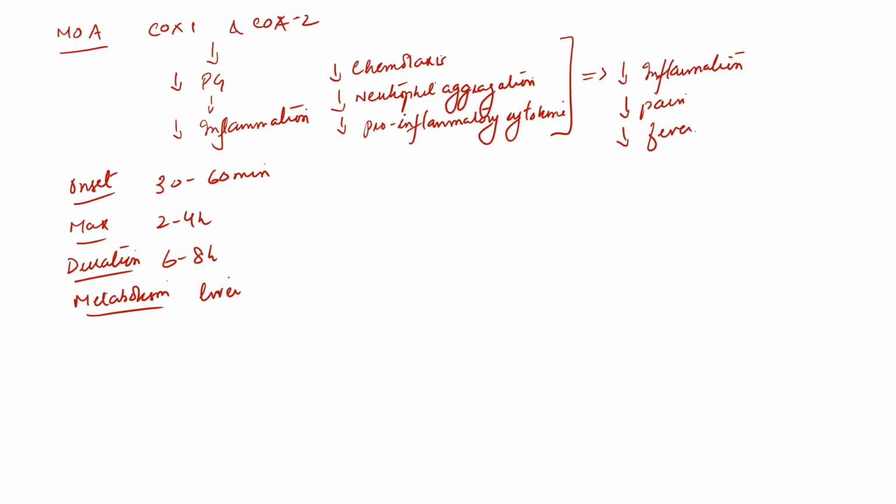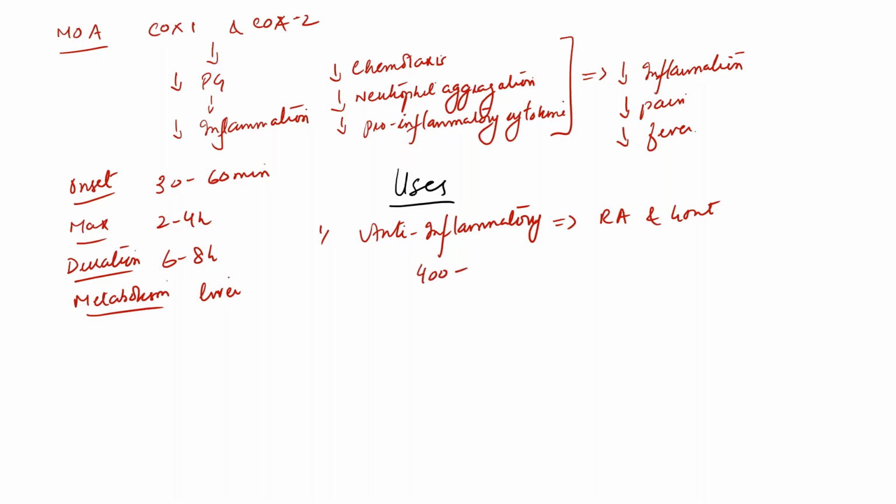Now, what are the common uses of ibuprofen? So number one, it is used as an anti-inflammatory medication. For example, it is commonly used in arthritic pain of rheumatoid arthritis and gout. For the anti-inflammatory effect, the dose commonly used by different physicians is about 400 to 800 milligrams